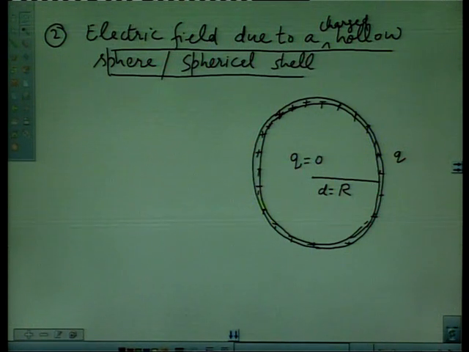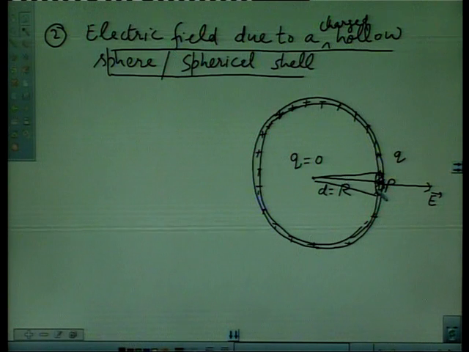Let us take a point on the surface. This point is P. Here we have to find the electric field. The direction of the electric field will be radially outward along the line d. Again we take a small surface area including the point P, ds, and its direction is ds vector, area vector, along the